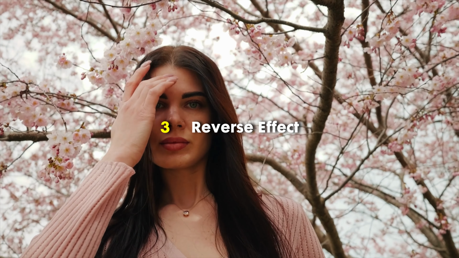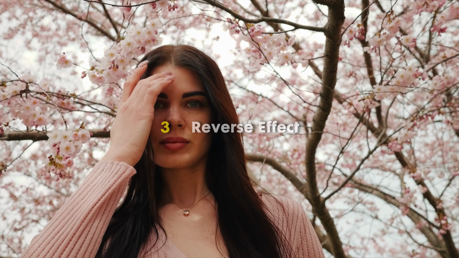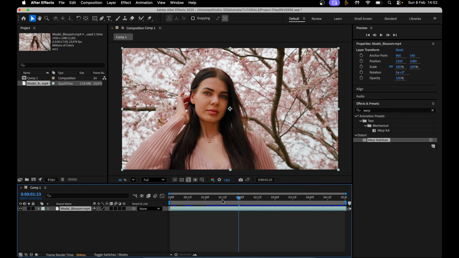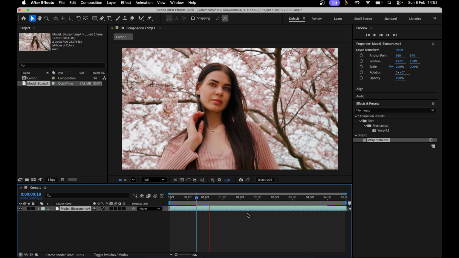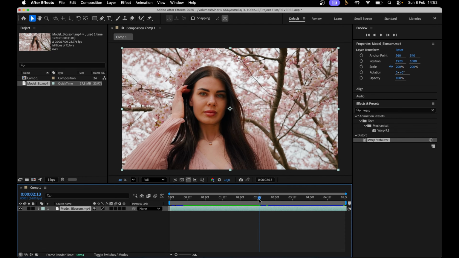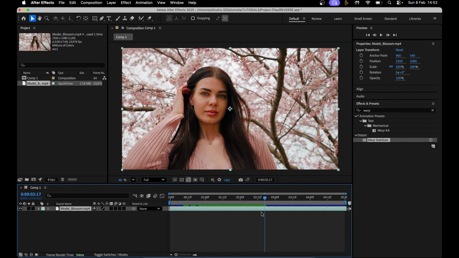Number 3 is reverse effect. It can be done in a few clicks, great for creative transitions. Here, if we just right click, go time reverse layer, and then it plays backwards. If we want to take it a step further, we can just undo that. What we can do is find a moment in the clip, so like when she brushes her hair behind her ear,